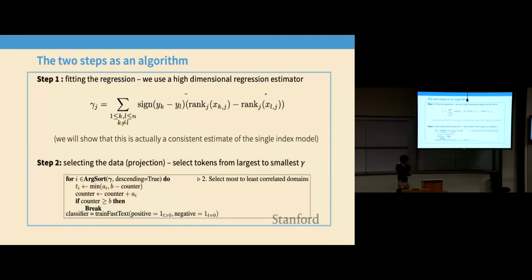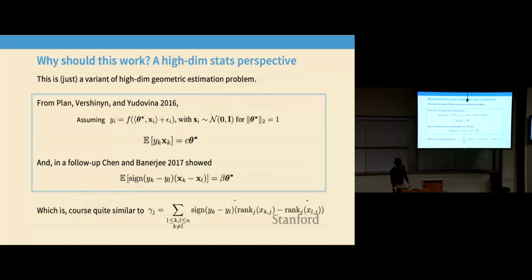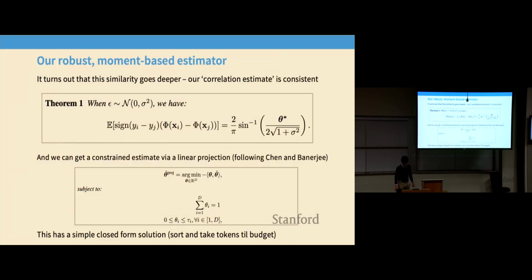Cool. As an algorithm, it's very simple. When I'm talking about single index models and whatever, you might get lost or lose interest. But if we just think about what I'm actually doing mechanically, it's incredibly simple. All I do is measure log losses on websites. I look at the websites that have the highest correlation between log likelihoods and downstream benchmarks. I sort all the domains from most to least correlated, and I select them in order. This turns out to be an effective data selection algorithm. I'm going to skip the math and the theory on both of these slides.